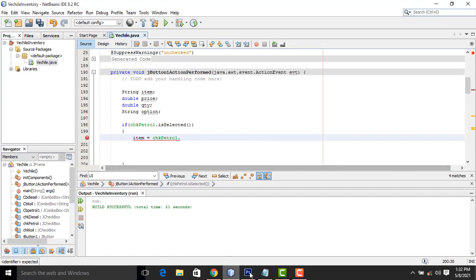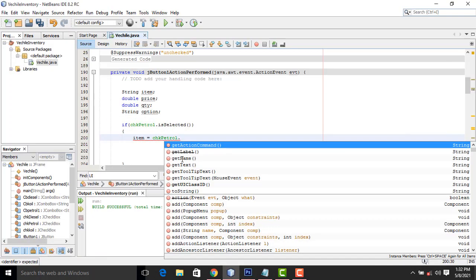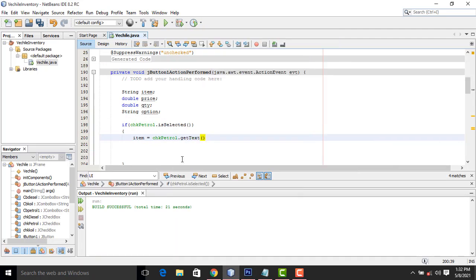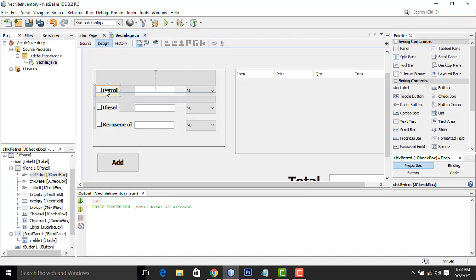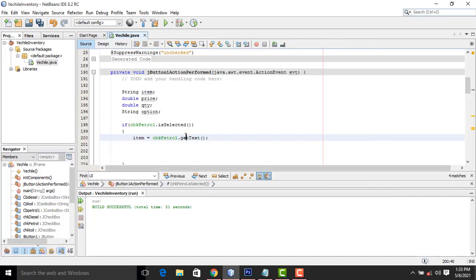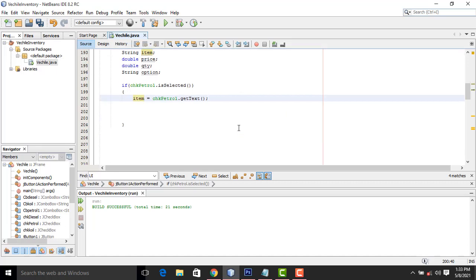It's the get text. When the user selects this checkbox, whatever text you typed, here petrol, the getText method will get that particular text and pass it to the item variable. Right. Okay.